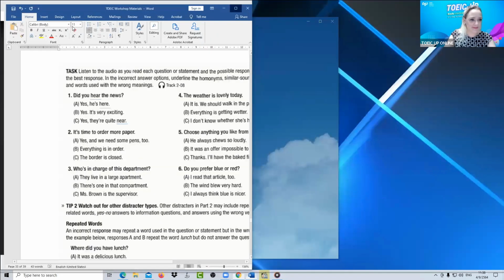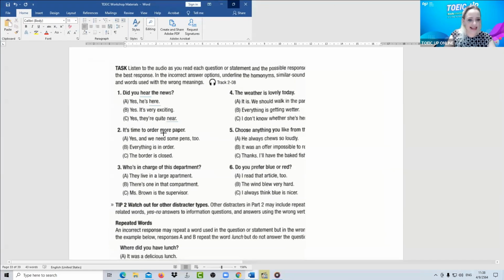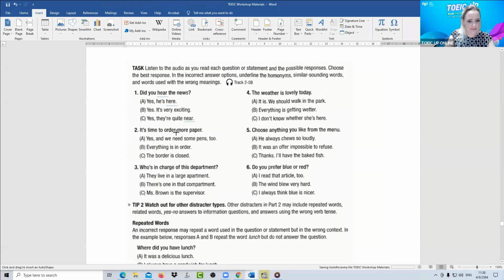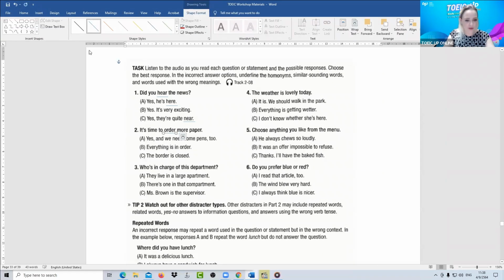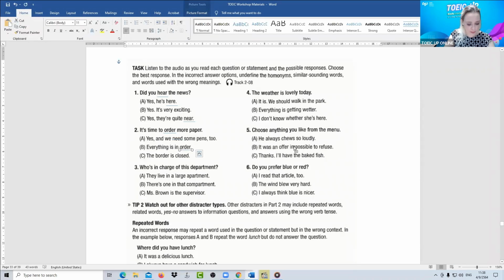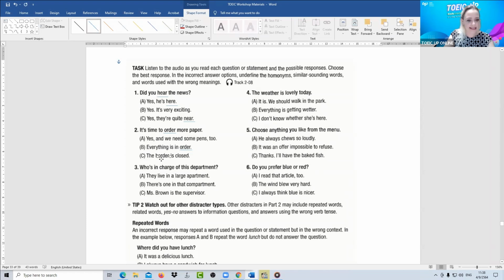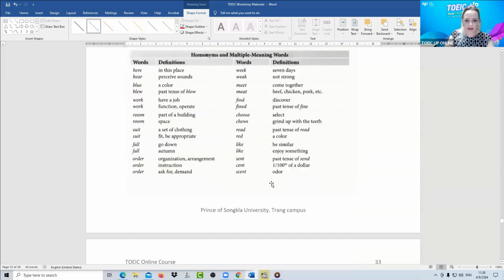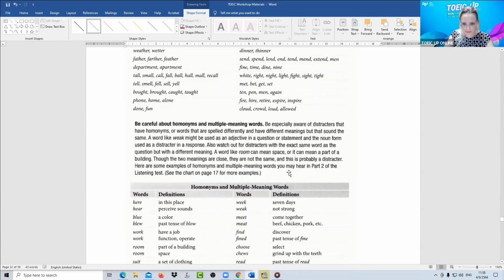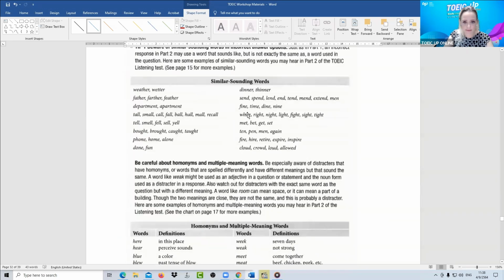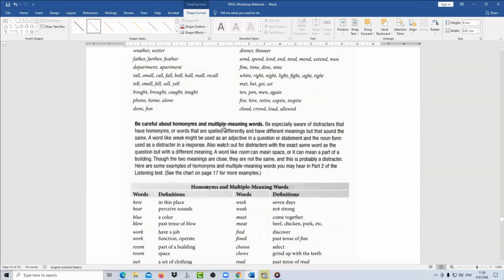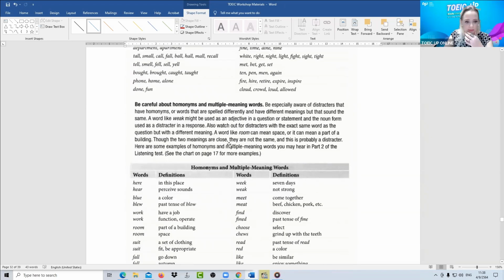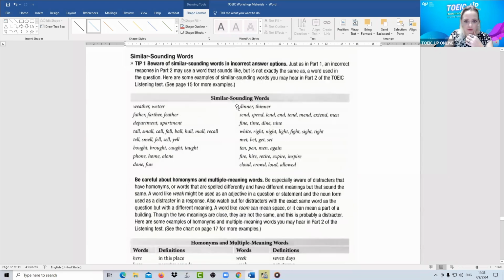Okay, so let's have a look. Similar sounding words. We are looking at order. So they've used order in the answer in B, and they've used border in the answer in C. Okay, so everything is in order. It's not the multiple meaning, it's when they use the